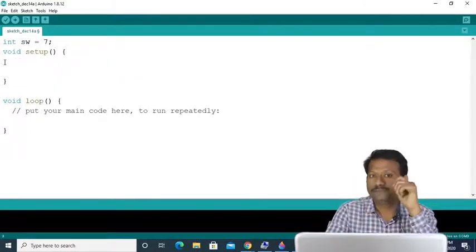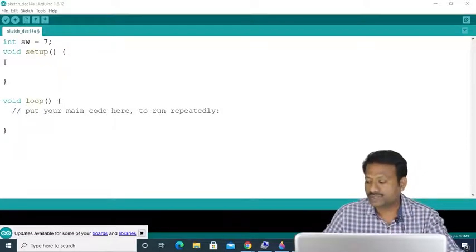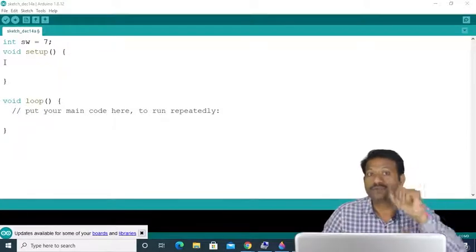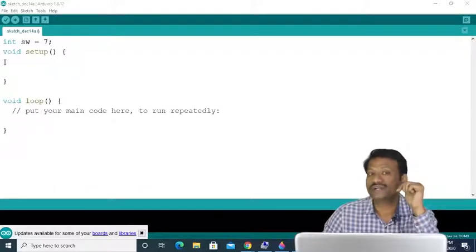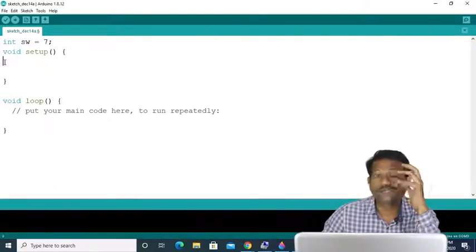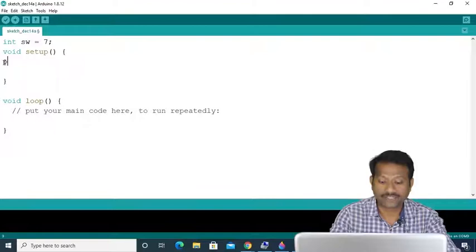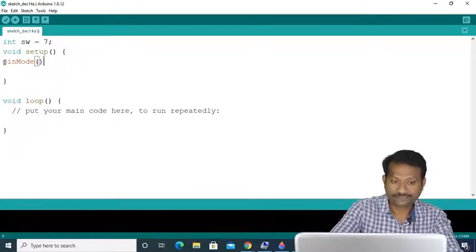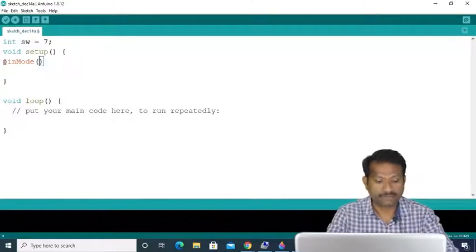Now at pin number 7 to this switch we have not connected a pull-up resistance. Though we have not interfaced that pull-up resistance, in Arduino we have internal pull-ups. So we can use one command to activate that pull-up resistor. That command is pinMode, bracket pin number 7.